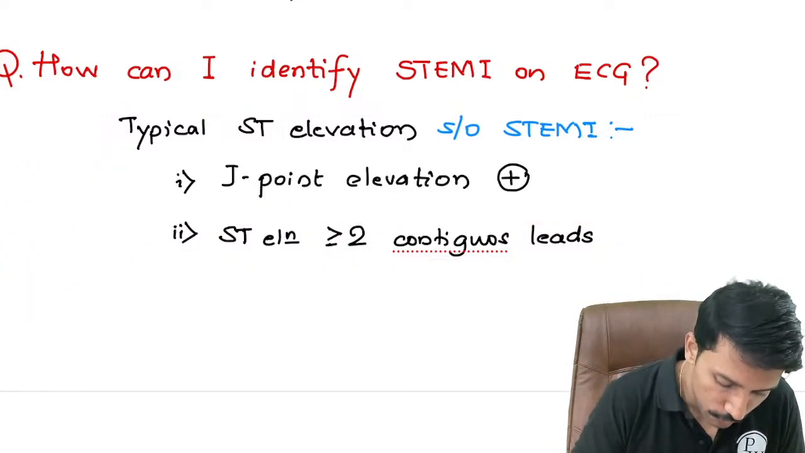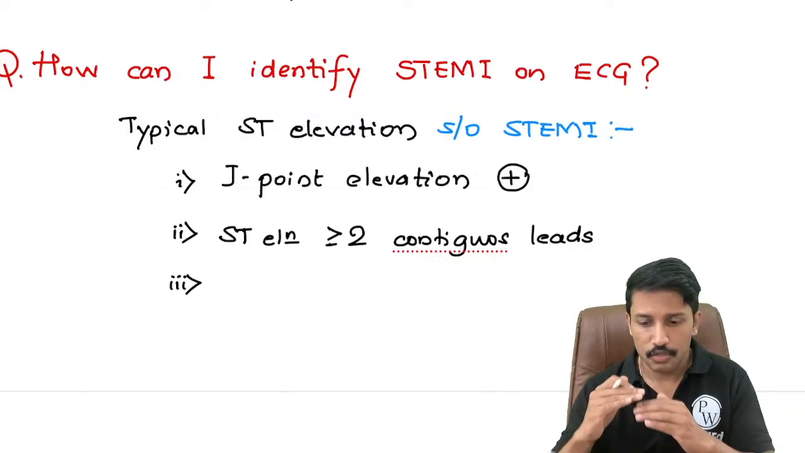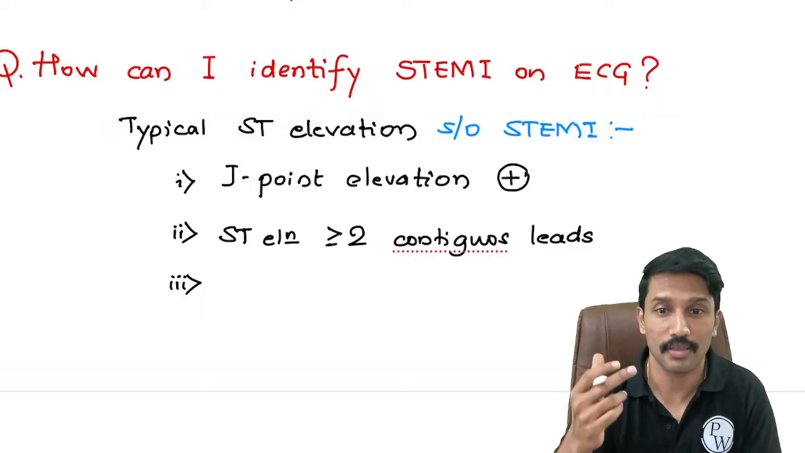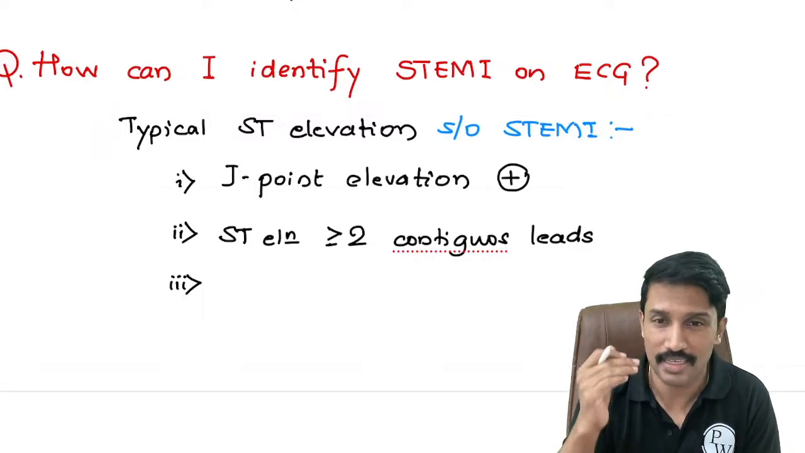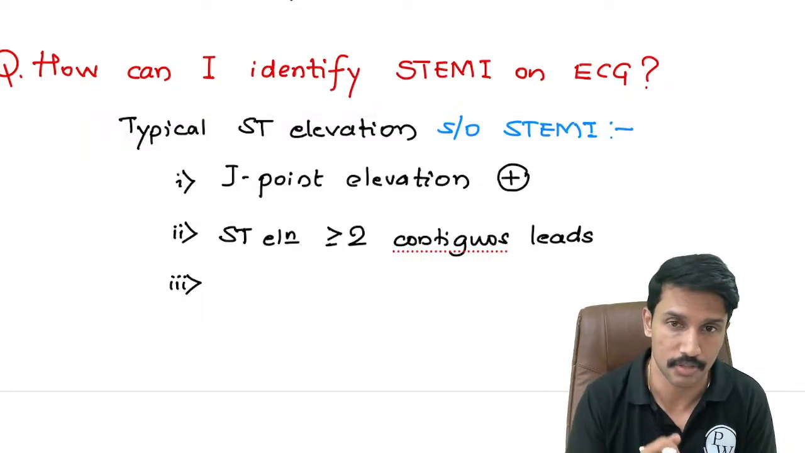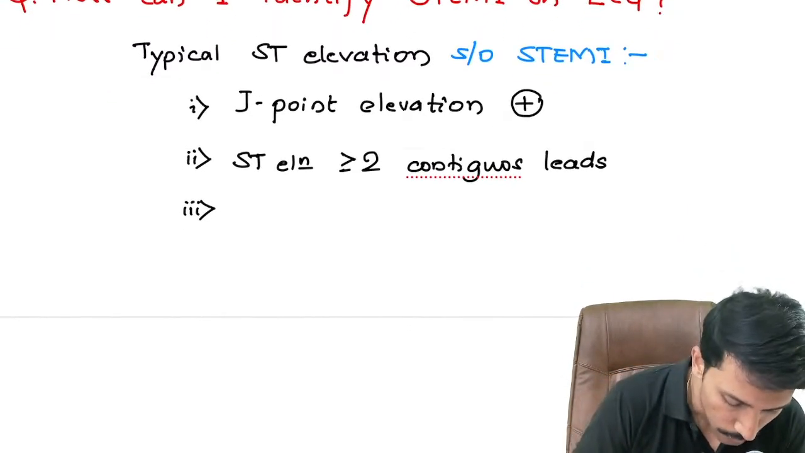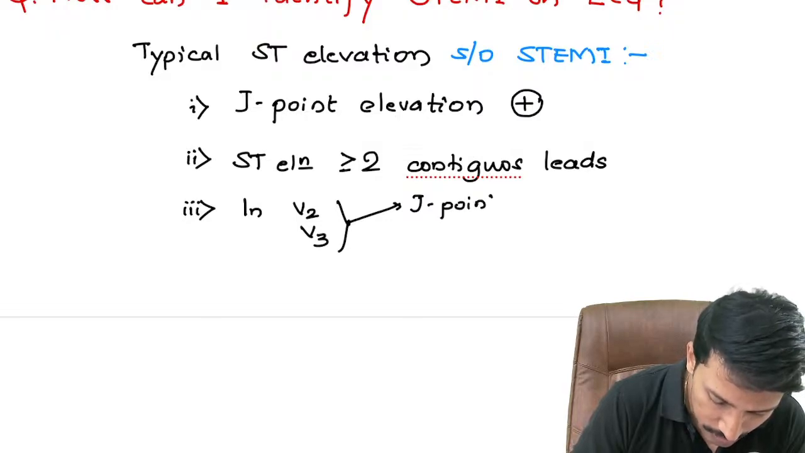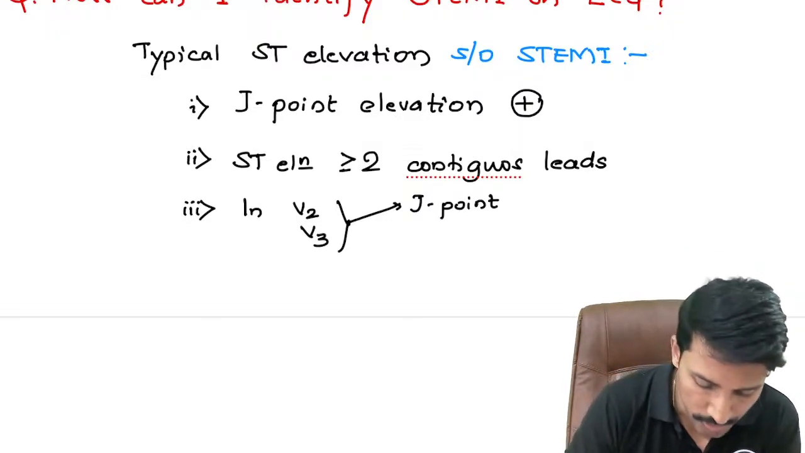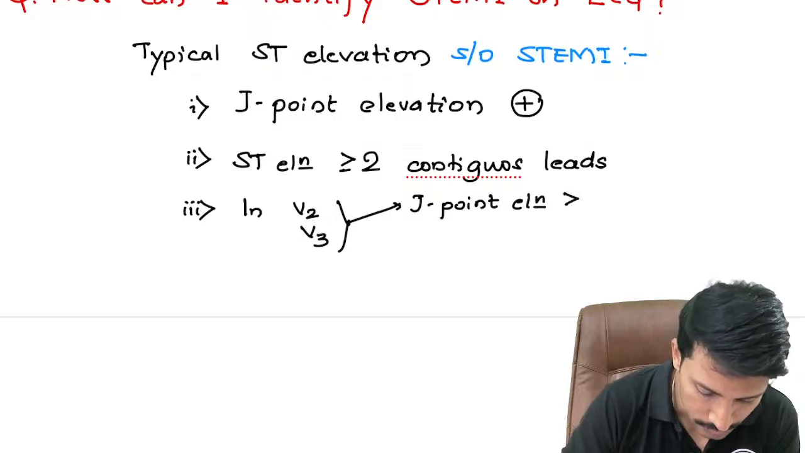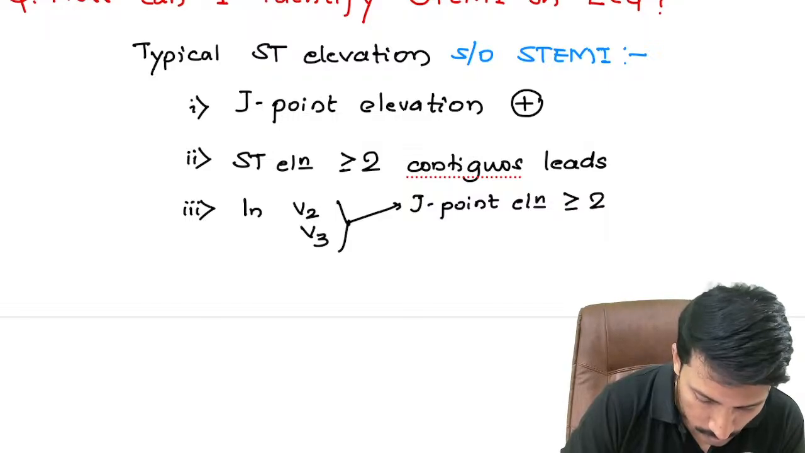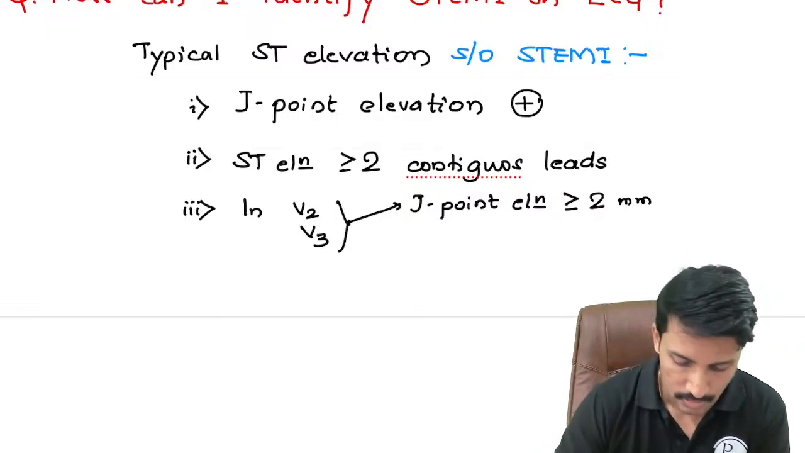Now the third criterion is very, very important. We identified that there should be J point elevation, but how much? 1 small box, 2 small boxes, or more? We have to identify how many small boxes of ST elevation should have happened to say that it is typical ST elevation. The criterion is that in leads V2 and V3, there should be J point elevation. Now, where do I measure the ST elevation? I measure it at the J point itself. So, J point elevation of greater than or equal to 2 millimeters, that is 2 small boxes, for